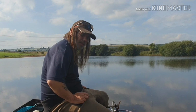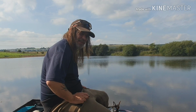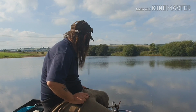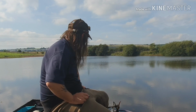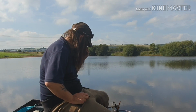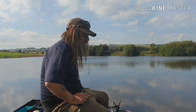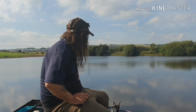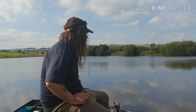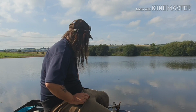There's not a lot of liners going on out there. There isn't any liners going on out there. Very noticeable when you get the takes over that it's on silt and come out a long way. The rod's loaded up with 8 pound mono on it. There's quite a little bit of stretch in that mono actually, so it's not like I'm on braid, and I wouldn't fish on here with braid. I know that when the water's in here, the fish, with it being warm again and all the rest of it, the weather's up the spout these days,